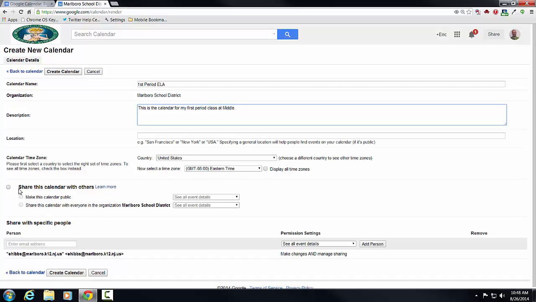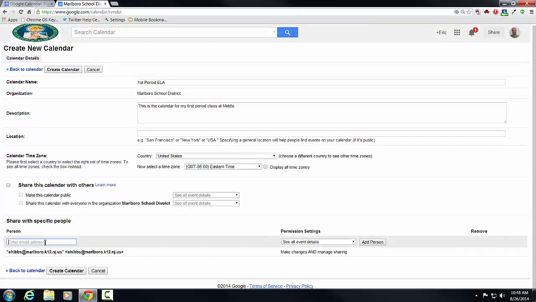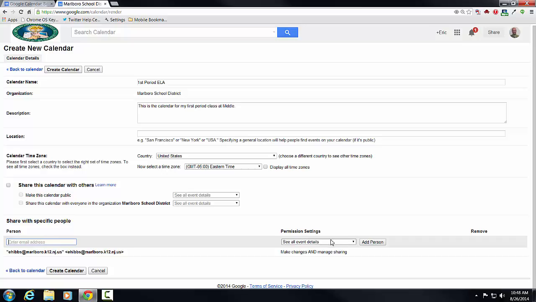Now you can do one of a couple things here. I can share this calendar with everyone in Marlboro, which you probably don't want to do. Okay? Now I also have the ability of sharing this with specific people. So let's imagine that I wanted to share my calendar with Michael Balone. I would simply type in his name, okay? And then I would click add, and then I would also be able to give that person a level of